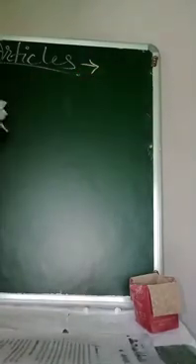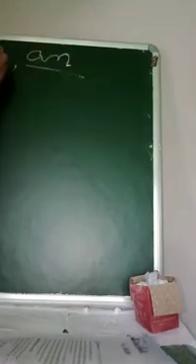Okay, so articles we have learned before, where we can put a and an, right? They are put before countable nouns, singular. When we write a and an, they are before singular countable nouns. Before the singular countable nouns, we use a or an, right? If a word begins with a vowel, we use an. If there is no vowel, we use a.